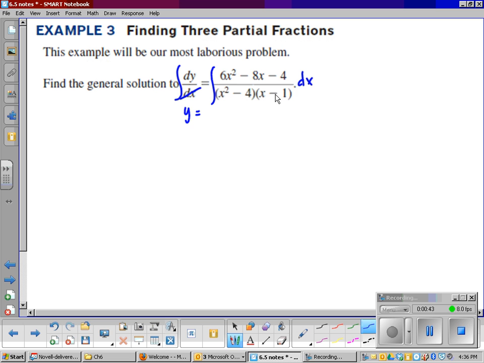We have a partially factored denominator here, but notice that this factor is not linear, and to use partial fractions, we need linear denominators, so we have to factor that one step further. This is the difference of squares. We're going to have x plus 2 times x minus 2 times x minus 1, and those are the factors